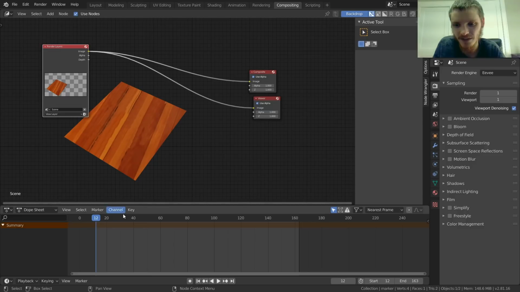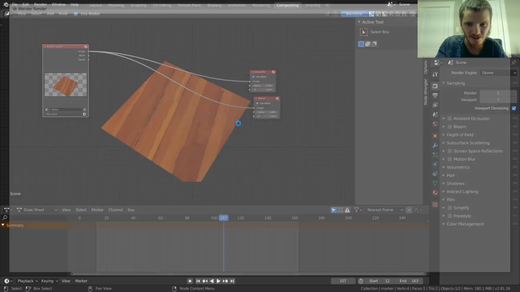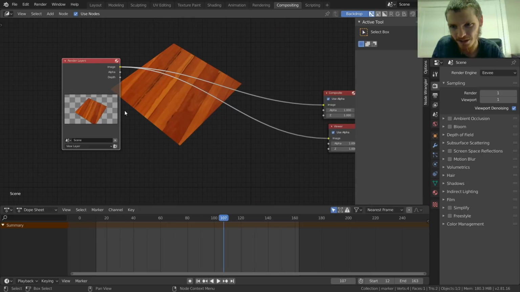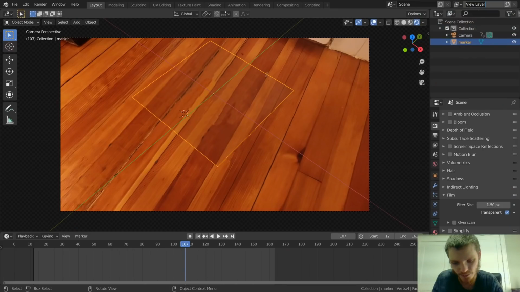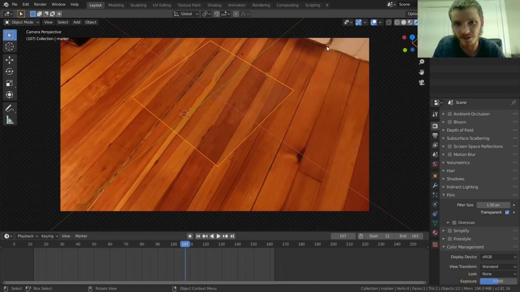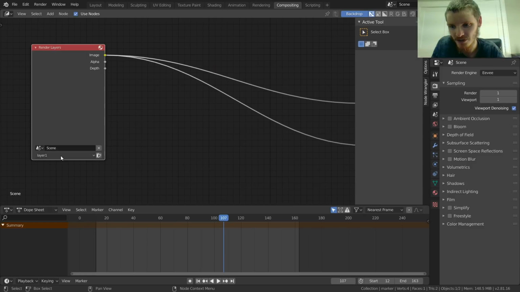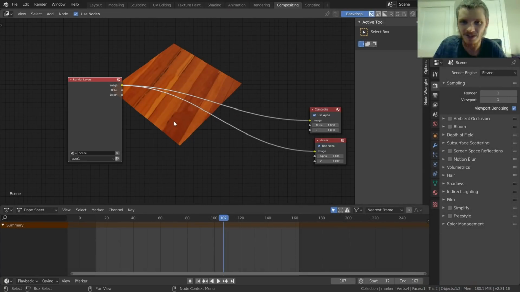We have our tile. Again, it doesn't really update because we need to render, right? And now it's going to be in a different location. Again, if you don't know about render layers, this is rendering our view layer, which is to say this layer, we can just call it layer 1. This is where everything's happening, and then render layers has a layer 1 inside our scene. Let's render that again. So what we want to do is take this and put our footage